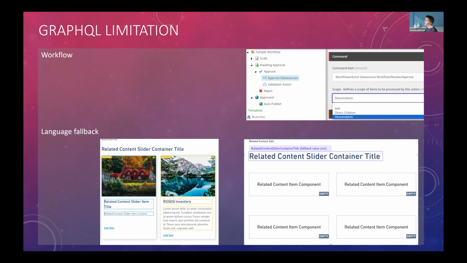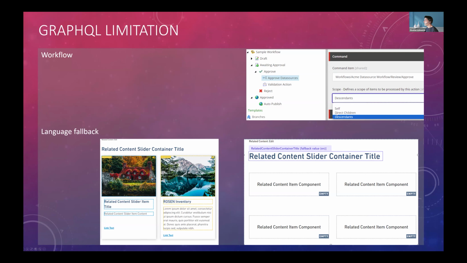Sitecore has a solution for that. They have created these scopes for XM Cloud on the workflow. Using the scope, basically, it is also dependent on your content structure. For example, if you have a tab component and all of the tab items are under the main tab container, then you can use this functionality.